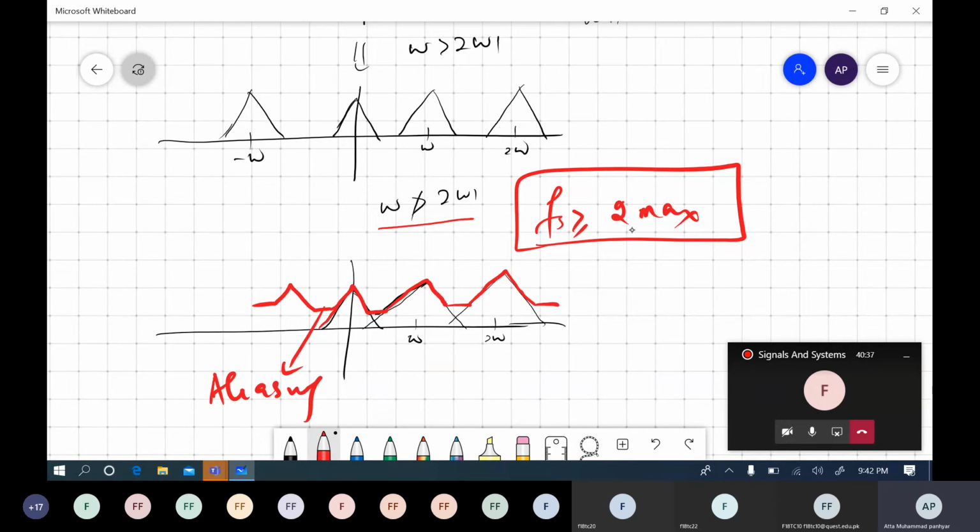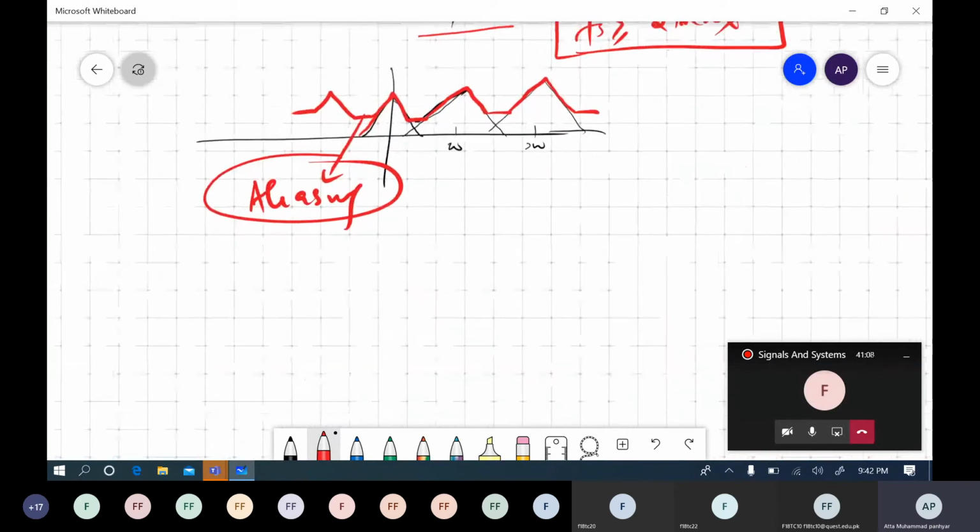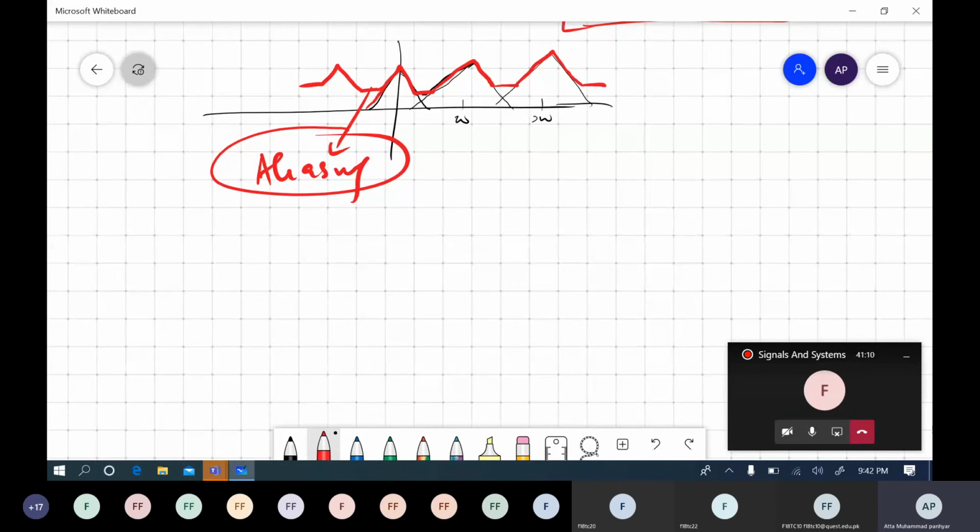Aliasing is when you don't sample at a frequency greater than or equal to twice the maximum frequency, your signal in the frequency domain overlaps, and when it overlaps, it creates a distortion that is called aliasing, right? And this is an error. We can reconstruct the original signal in the time domain by using a low pass filter and extract the sample again. But from the aliased signal we cannot compute the original signal, right? So this is one of the most beautiful properties of the Fourier transform. This is called the modulation property, right?